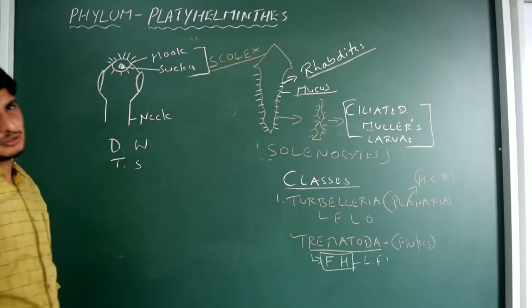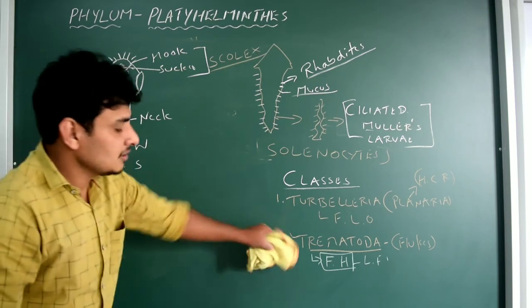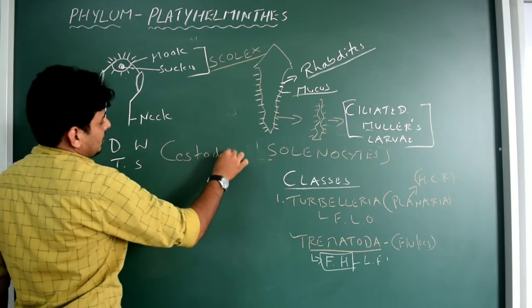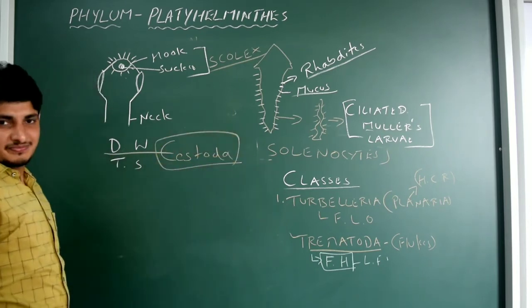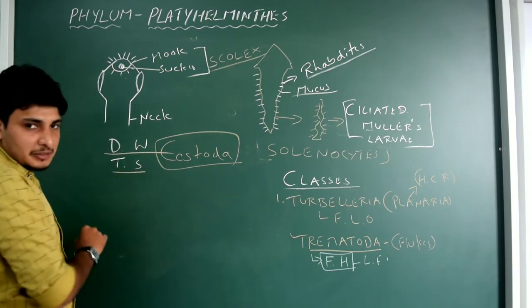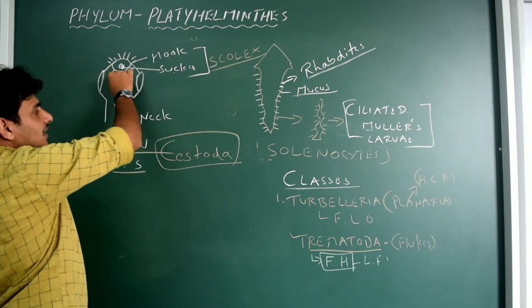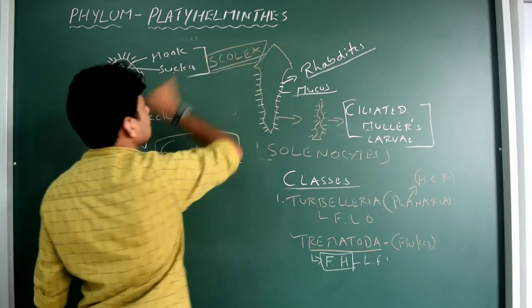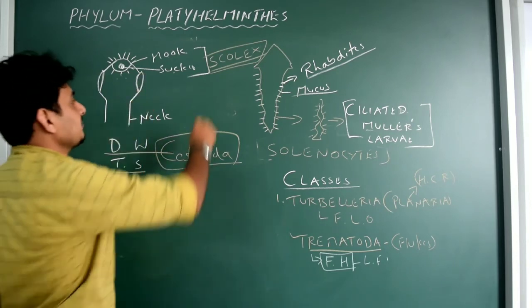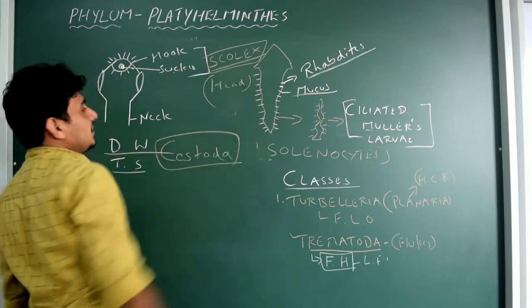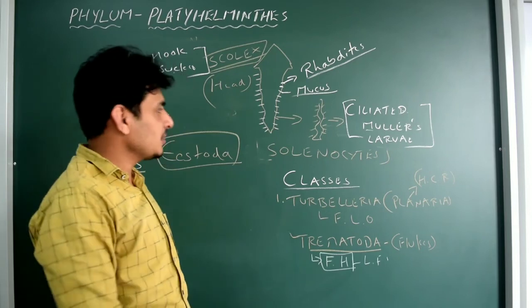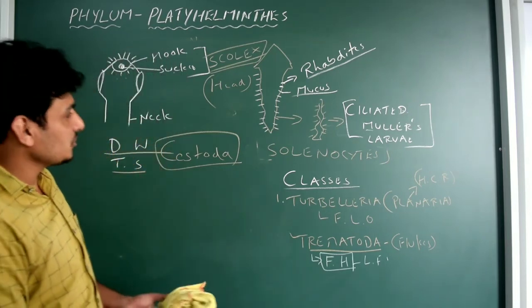Just remember, you may get a question. Scolex is seen in Cestoda class. Okay, I have not written Cestoda class. That means dogworms, Echinococcus granulosus and Taenia solium exhibit hook and sucker in the anterior position, and the entire part is called the scolex. Very simple. What is the meaning of scolex in the case of these platyhelminthes? Nothing but head. Simple. Okay, head. But we know that head means they must have a brain. But in this case, the brain is absent. Okay, I forgot about its nervous system.